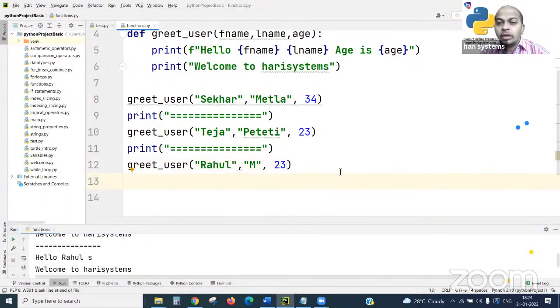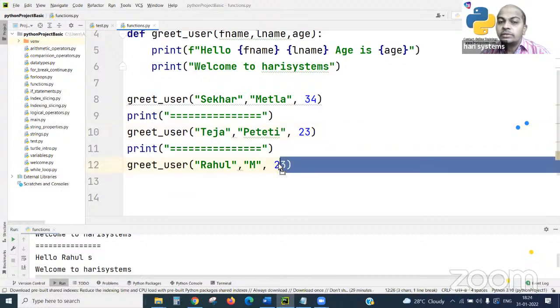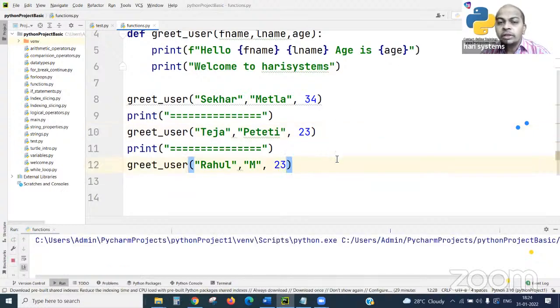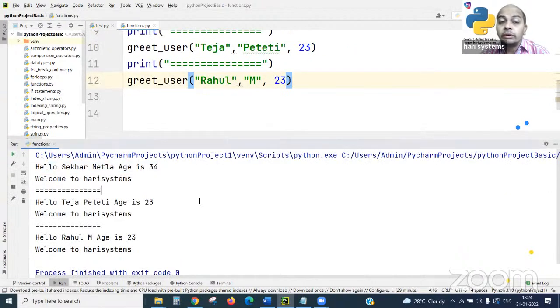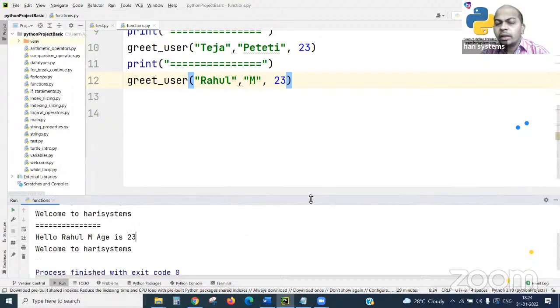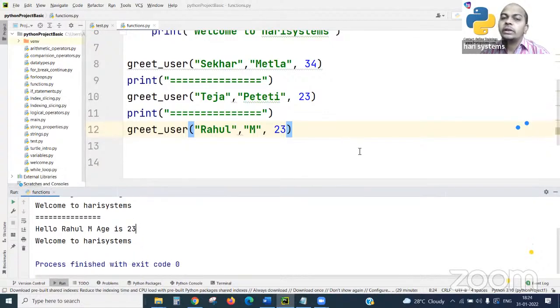Here you may observe that in the function we added three parameters, two strings and one integer number. So there is absolutely no error. We'll get dynamic output by calling the same function again and again, any number of times.